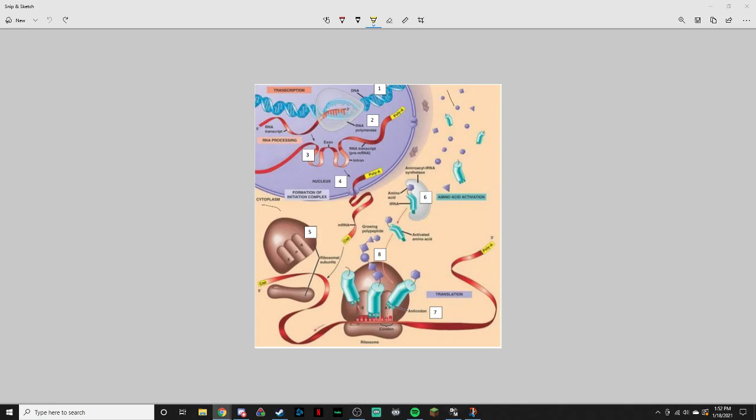I'm going to be explaining transcription and translation here. I'm also going to be using this thing to highlight some stuff that's important. So at the very start of the process, in the transcription stage, the RNA polymerase, this enzyme right here,